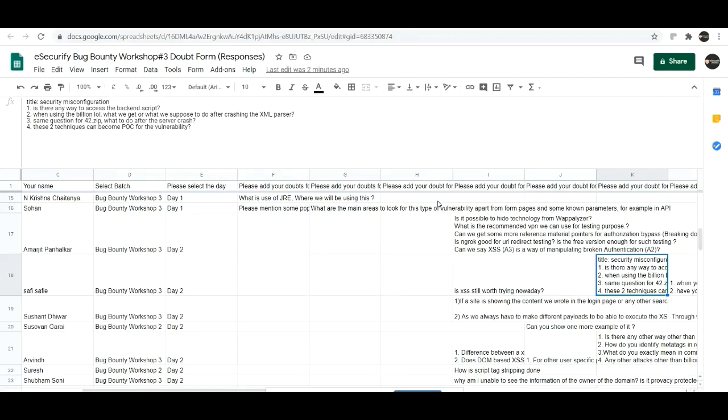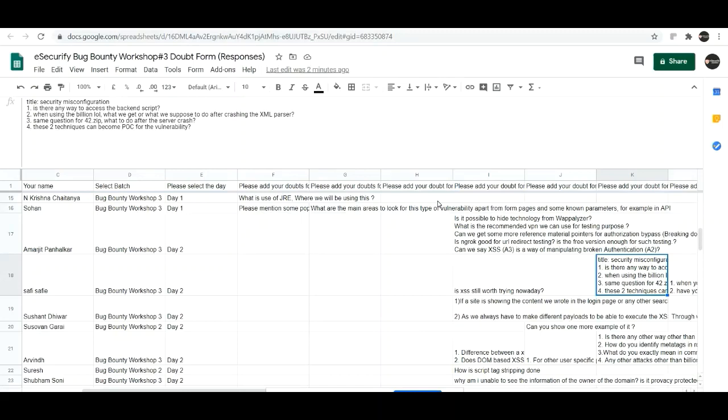When using the billion lol, what do we get or what are we supposed to do after crashing the XML parser? That's basically a kind of DOS attack on the XML parser, and it is a valid attack. DOS stands for denial of service. If anyone does not know the term, you are denying the use of a service to all the users.